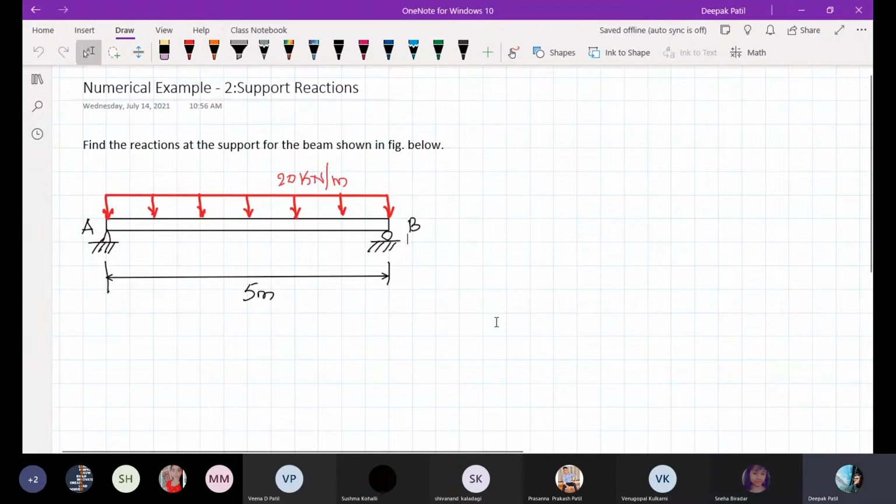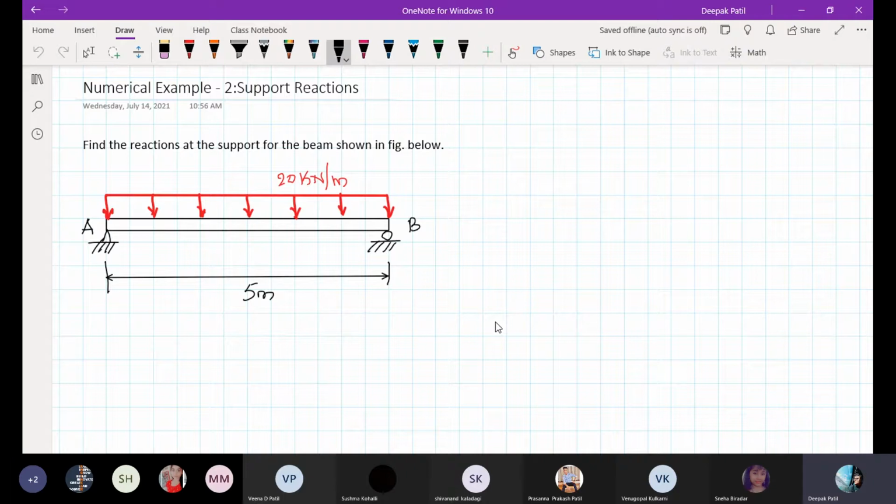Right. So let us start with today's class. In the previous class, I told you about the types of loads, and also how to convert the uniformly distributed load and uniformly varying load to an equivalent point load. We also solved one simple numerical example wherein you were required to find the support reactions. Slowly we will build some more numerical examples and see how to find out the support reactions.